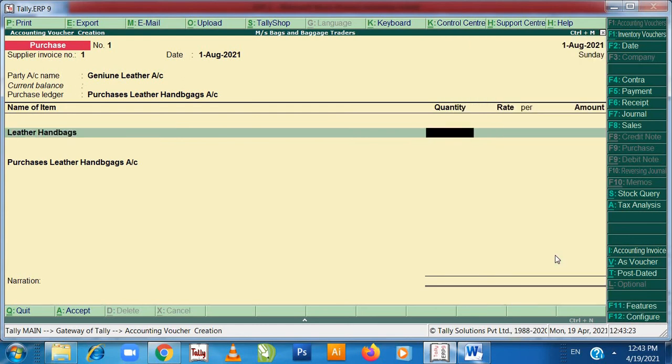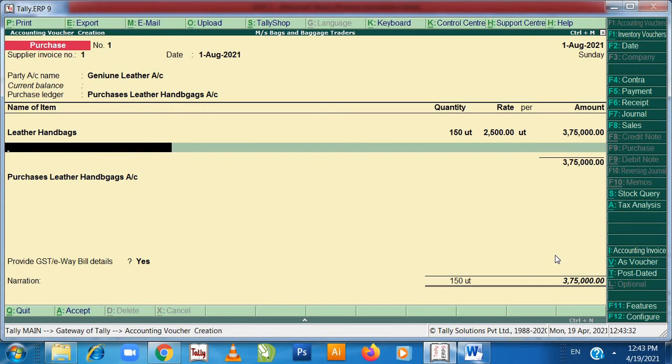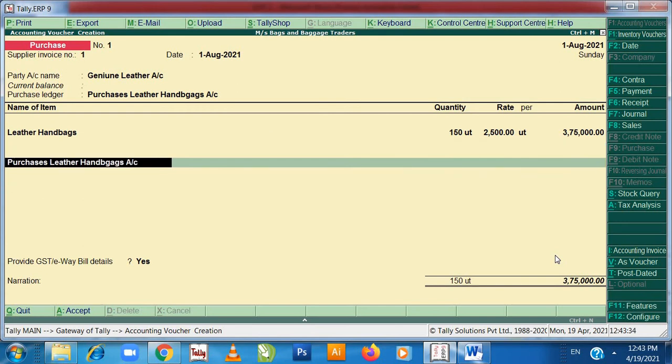Quantity is 150 pieces. Rate is 2500, enter. Now this has GST also.